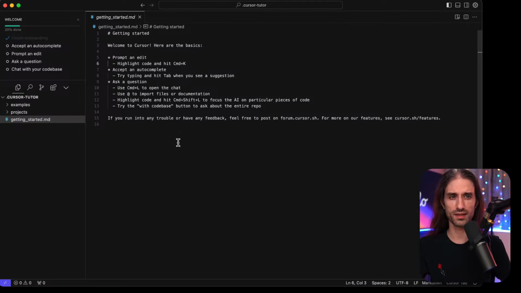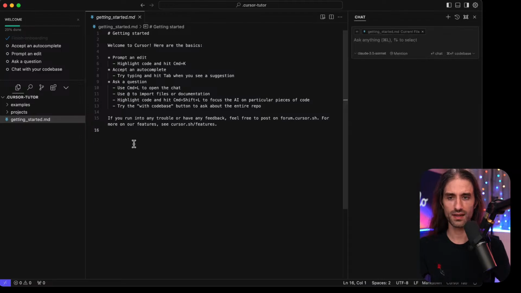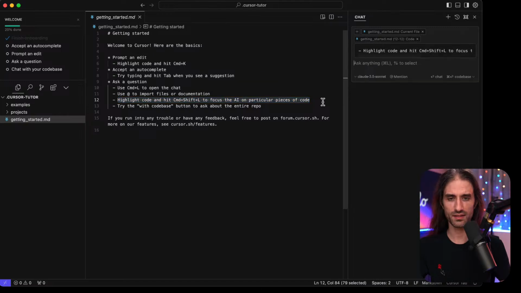So the same behavior as what both Copilot and, I'm trying to remember the name, the predictive code completion in Xcode do. And the one where you can ask a question, so you can do Command L and just ask a question. You can basically chat. The idea is that you can chat with your code, ask what a function does, ask to explain something, ask maybe to find where a bug might be. And then you can highlight code and hit Command Shift L to focus the AI, so like that. So you can ask a question, but focused on a part of the code.